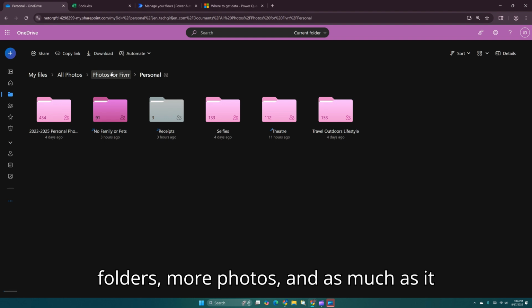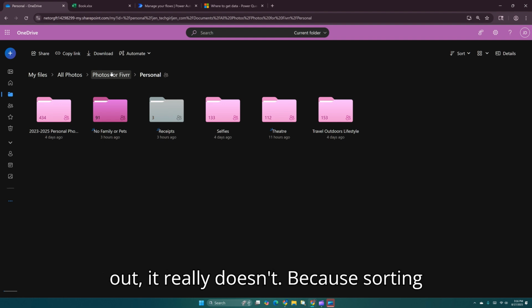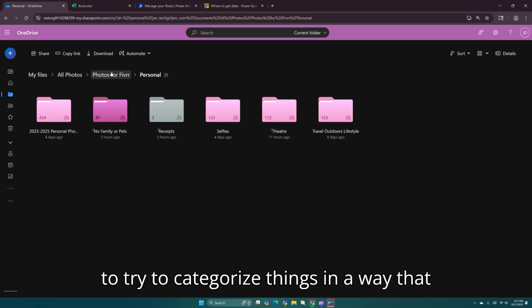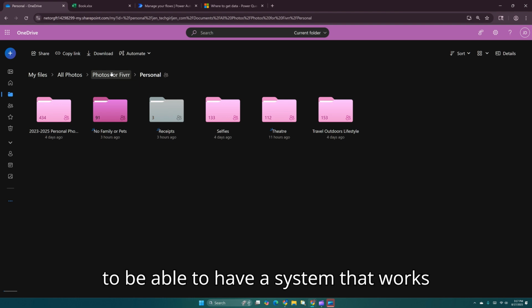And as much as it sounds like it would balance each other out, it really doesn't, because sorting things into more categories does definitely take more time, just to try to categorize things in a way that makes sense to you, to be able to have a system that works